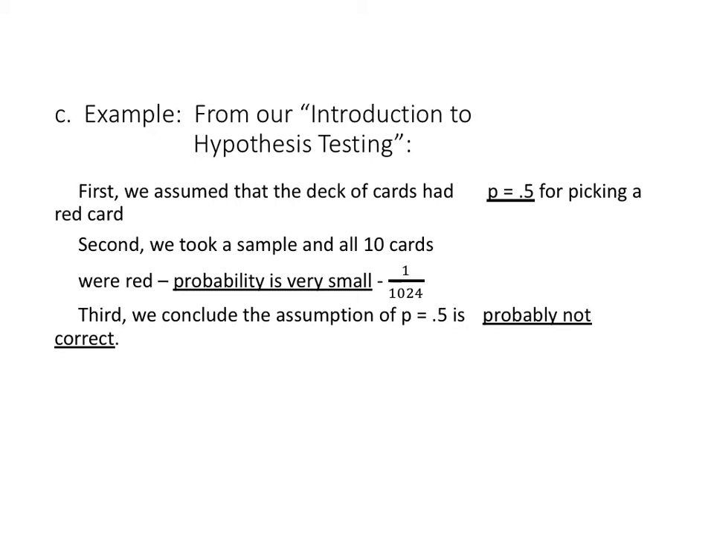So that's why we're going to have this. First, we assume the deck of cards had this probability, 50% chance for picking a red card. Then I would have had someone come up and pick out a card, decide if it was red or black, and then replace it. I would shuffle again, and then you do that 9 more times. So we got a total of 10 samples. And then after that,